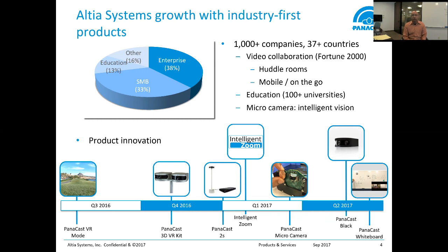At the end of Q4 also, we built PanaCast 2S. It is in QA testing right now. PanaCast 2S has a little bit the same hardware as PanaCast 2, but a little bit different architecture, where the real-time video streams are not processed within the camera, but are actually delivered to the Intel Skull Canyon computer that it is